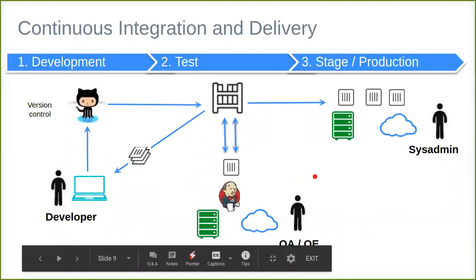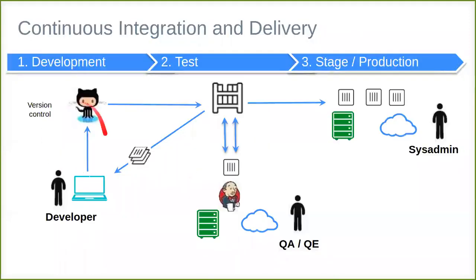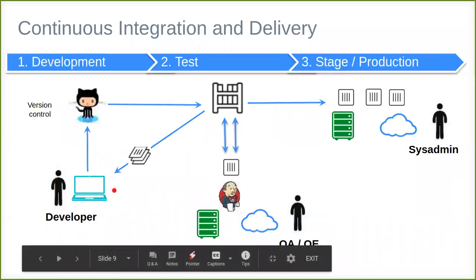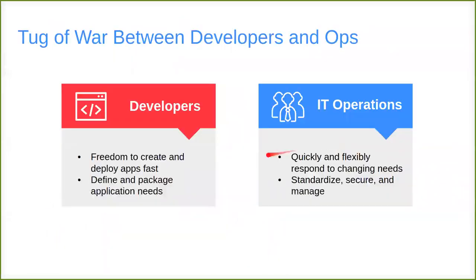Okay, so basically, as I already mentioned, there are two kinds of team. One is the developers team and the other is IT operations. So what happens in between, if something I have made here on my own developer's machine is not working in the production, then the tussle starts. The IT operation will say that I have tried everything, but his application is not working. And then the developer will say, you can come to my system and see that everything is working fine at my end. How can you say that it's not working fine?